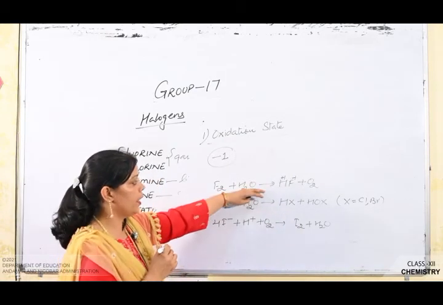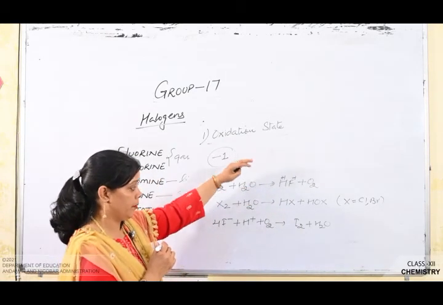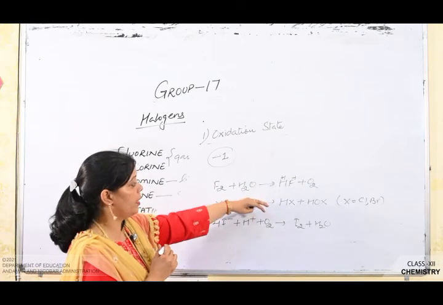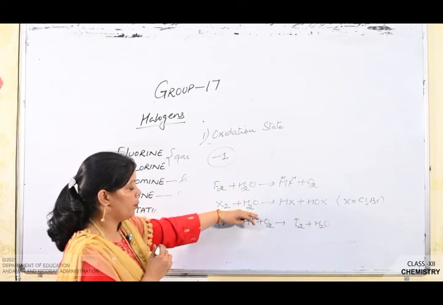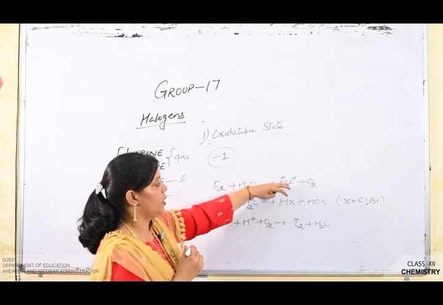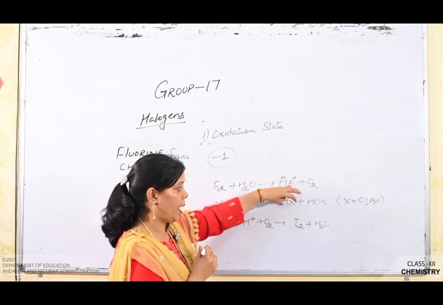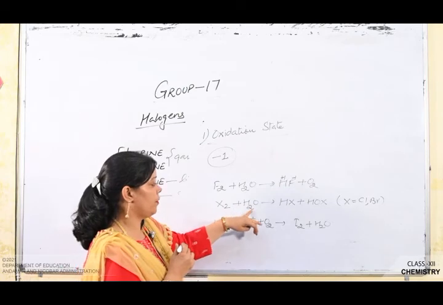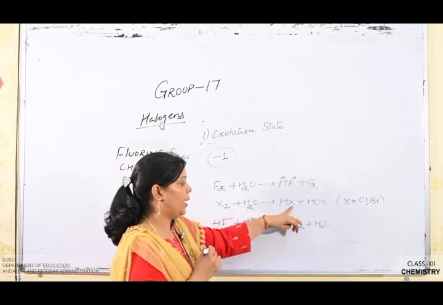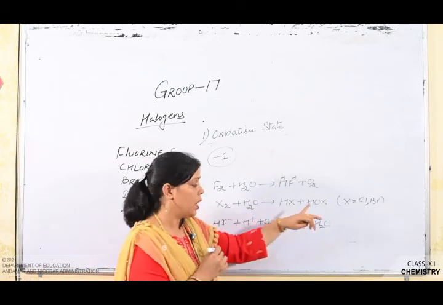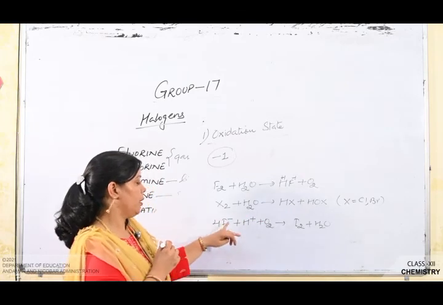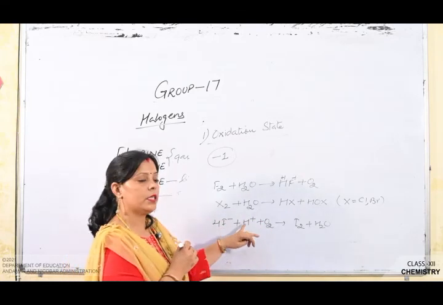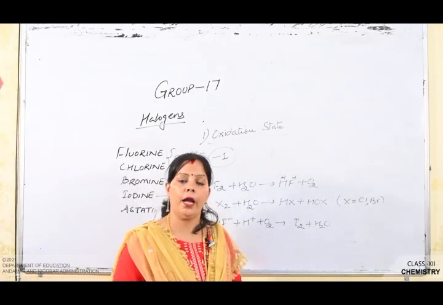So the reactivity of the halogens can be briefly illustrated by the reaction with water. Fluorine, when reacted with water, gives hydrogen fluoride. When chlorine and bromine react with water, they give the hydrohalic acid as well as the hypohalous acid. And when the iodide anion undergoes oxidation in the presence of acid, it gives iodine and water.